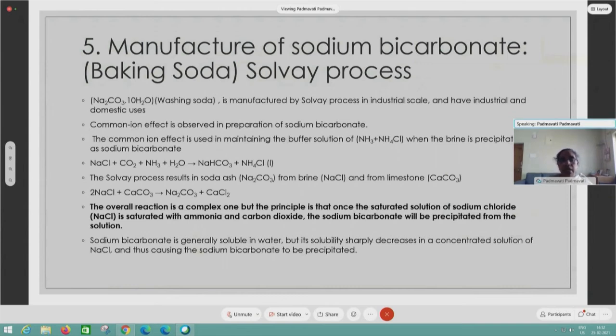Similarly, in Solvay process, actually the problem I had is when I have to take the compounds related to these experiments from this, some are missing. So that's the reason why I couldn't do complete justice to all the applications of common ion effect that I'm going to show here. But then I would like to request all the participants to take these examples, and then you can replace